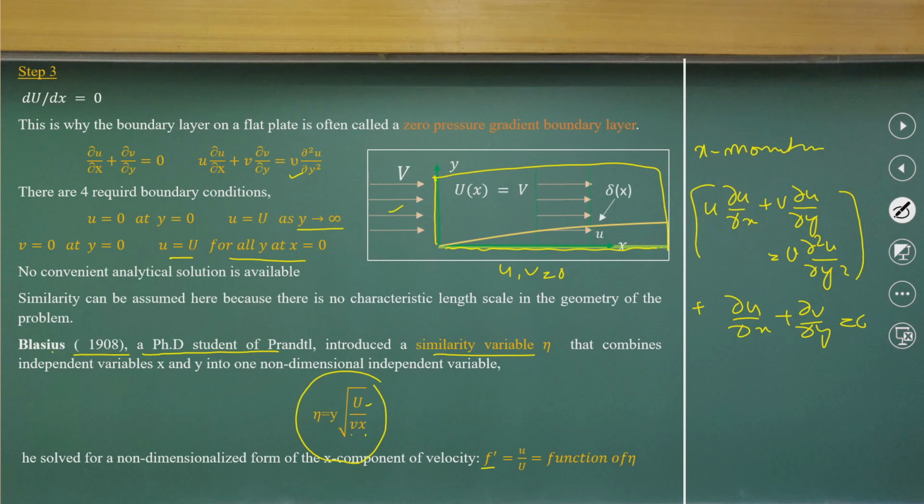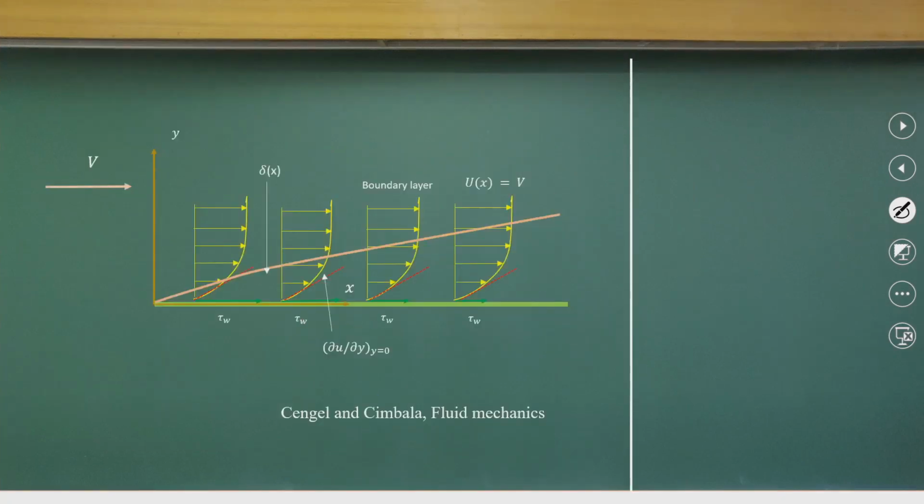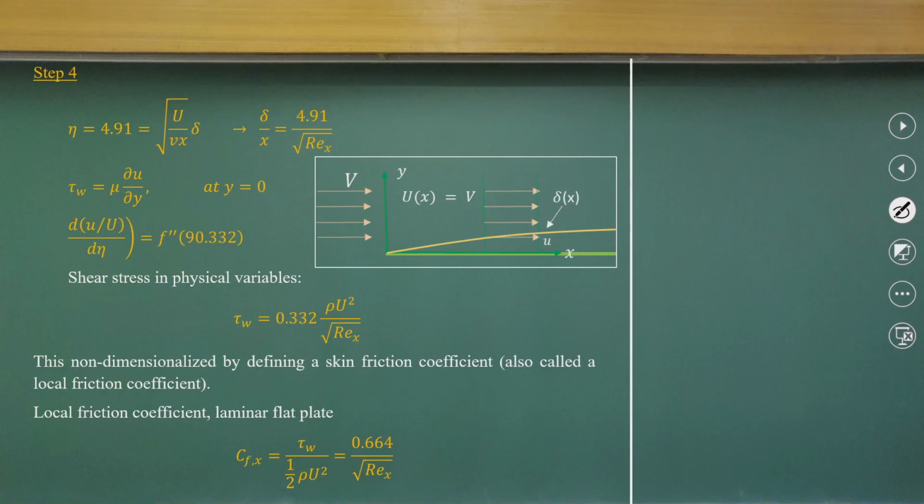Prandtl used to do hand calculations based on Runge-Kutta methods, which today, among many numerical techniques, is a very well known technique. But he did hand calculations to get these solutions, and then he got these equation solutions. If you look at it after doing hand calculations and all, he got that